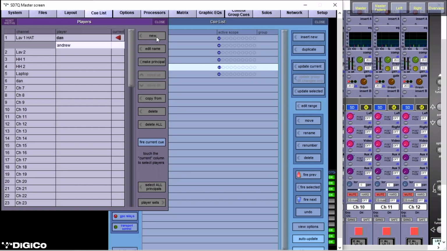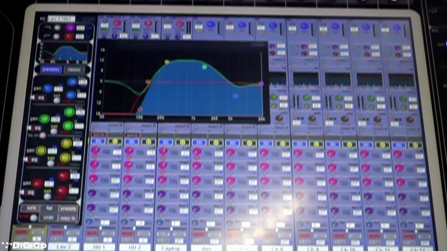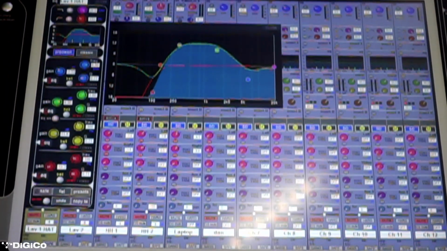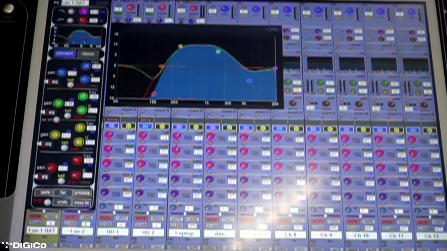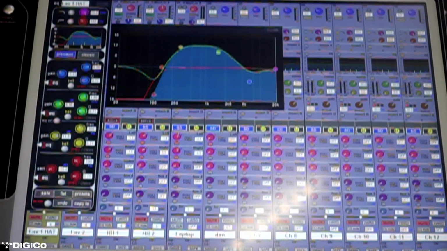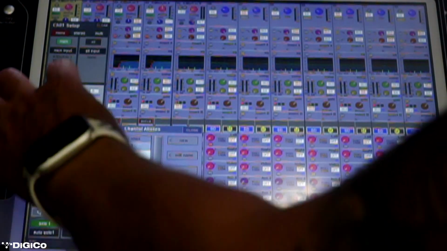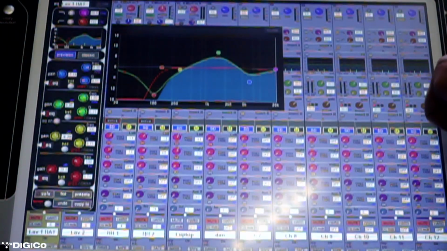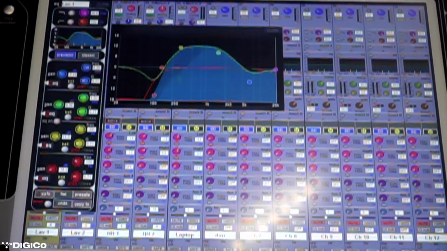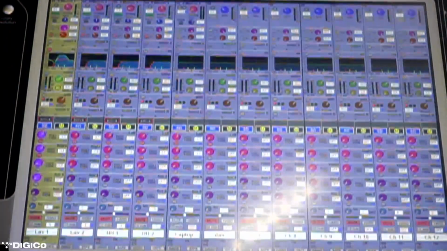So if we look at the session and the EQ, and we'll concentrate on just the EQ for this because it makes it easy. If I fire up and down the cue list, we're going to create some changes on the EQ just so we've got something to look at. So we've got a change in Dan that goes between a couple of settings. And then in the master screen,